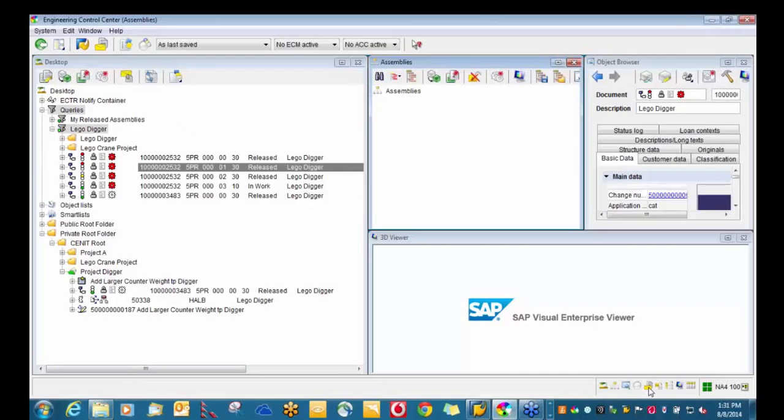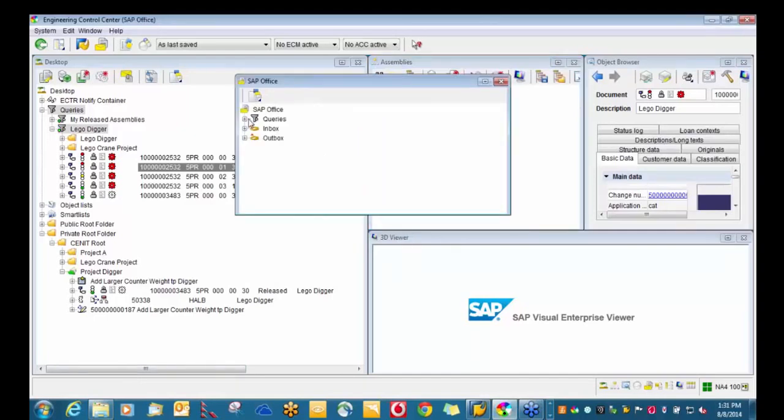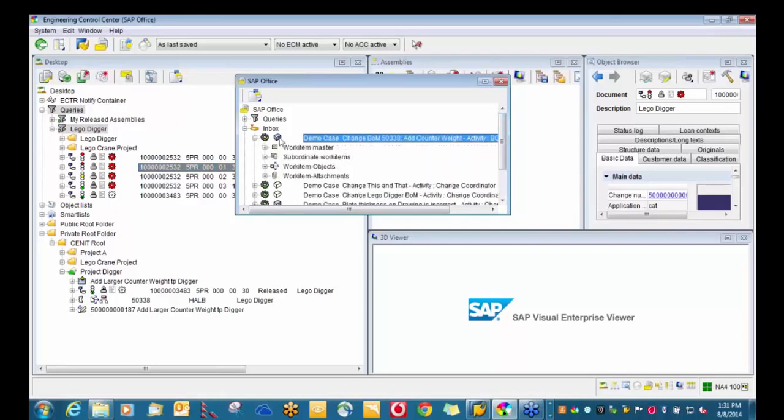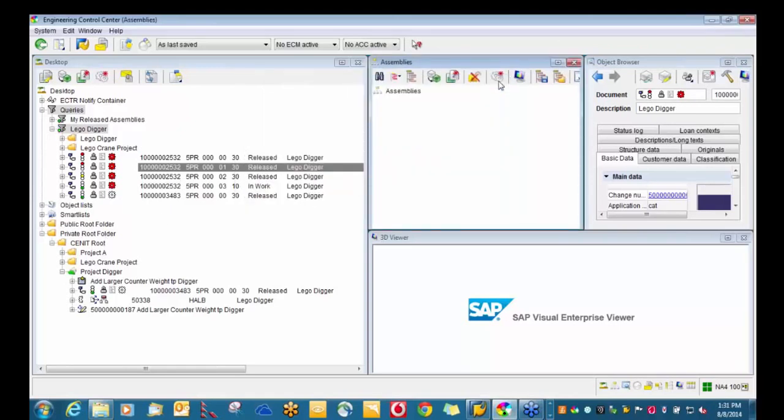Another option to receive the work would be, for example, my SAP Office and my workflow inbox. So what I showed you in the NetWeaver business client, the same functionality is available also within the Engineering Control Center, and I could here navigate to my workflows, have here my workflow items, etc., and then can drag and drop into the different folders. So you see here, there are different ways of integrating or working with the system and interacting with other users. So as an engineer, I would like to first maybe get an overview about what are the different diggers,